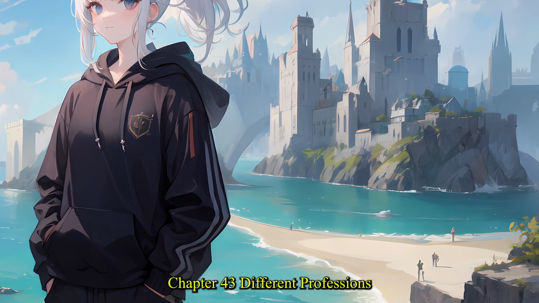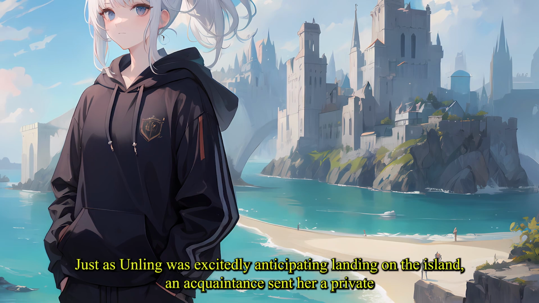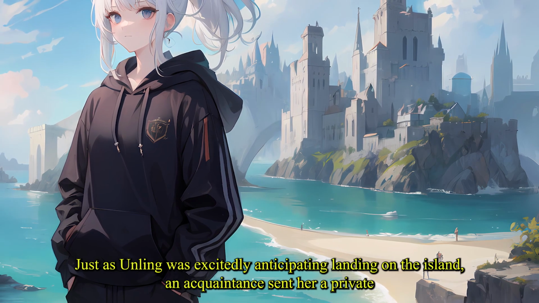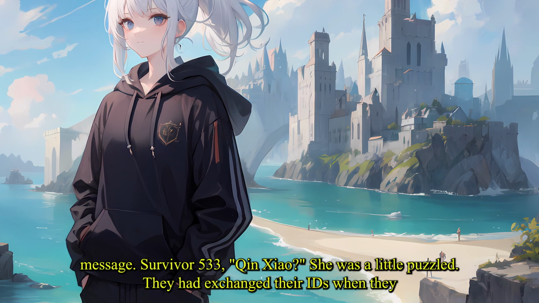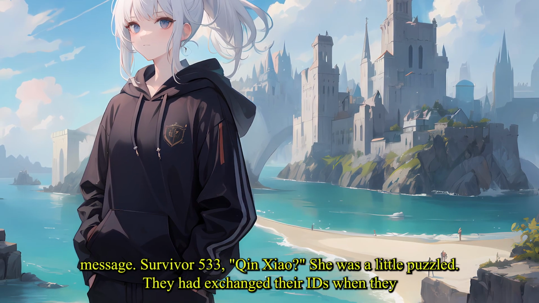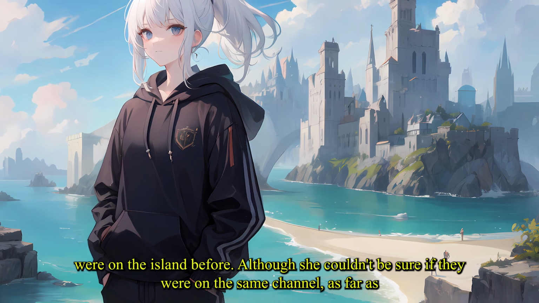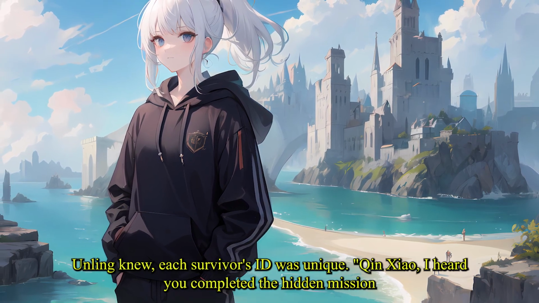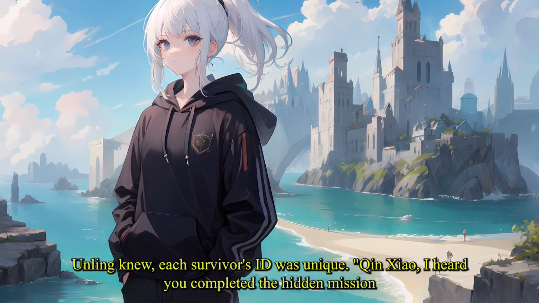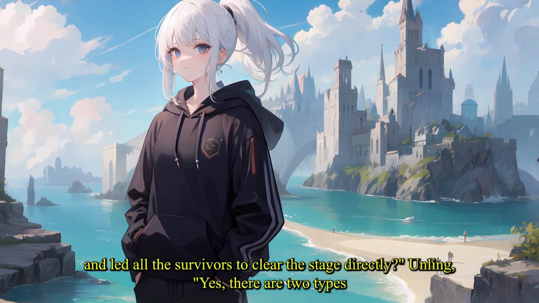Chapter 43. Different Professions. Just as Ling was excitedly anticipating landing on the island, an acquaintance sent her a private message. Survivor 533, Qin Xiao? She was a little puzzled. They had exchanged their IDs when they were on the island before. Although she couldn't be sure if they were on the same channel, as far as Ling knew, each survivor's ID was unique. Qin Xiao: Ling, I heard you completed the hidden mission and led all the survivors to clear the stage